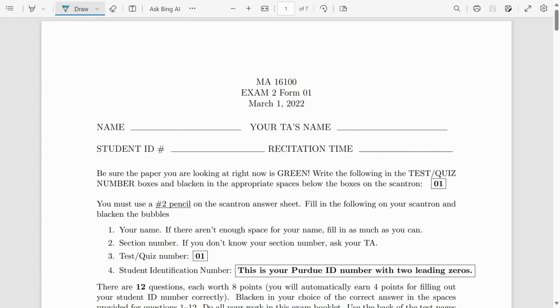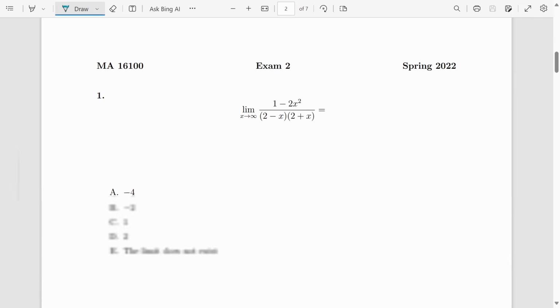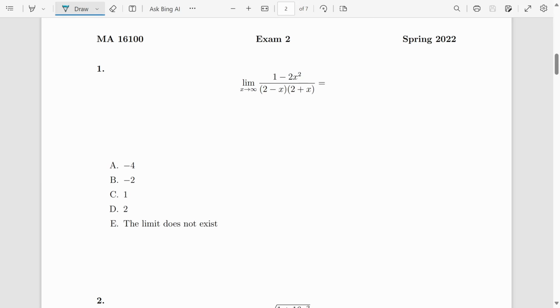Okay, this is MA 161, exam 2 from spring 2022. So this is the second to latest exam for these exam 2s. So there you go. Starting with question 1, this is just a limit as x approaches infinity of this big